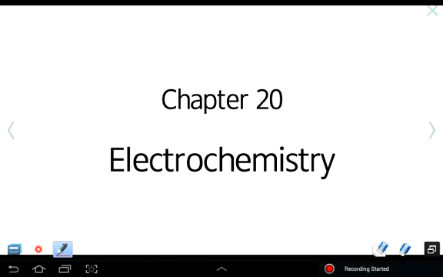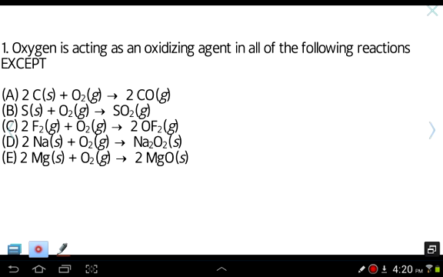AP Review, Lesson 11. In these final two lessons, we'll take a look at electrochemistry, which involves reactions that produce electricity, in essence. In this lesson, let's take a look at some multiple choice questions, and in the following, we'll do free response. Okay, so this first question asks about oxygen, and we're asked, oxygen is acting as an oxidizing